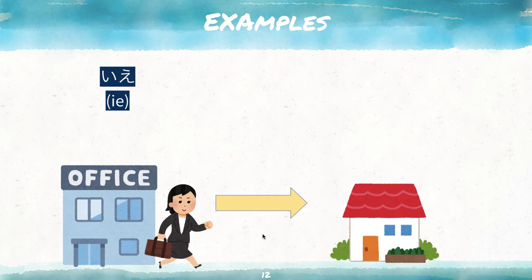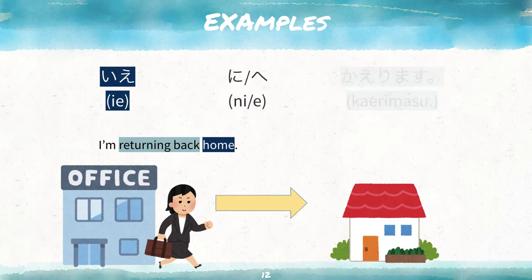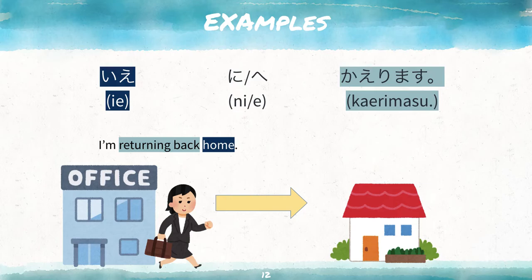If I want to say I'm returning back home, I would say 家に帰ります or 家へ帰ります。As I mentioned earlier, returning back is 帰ります。